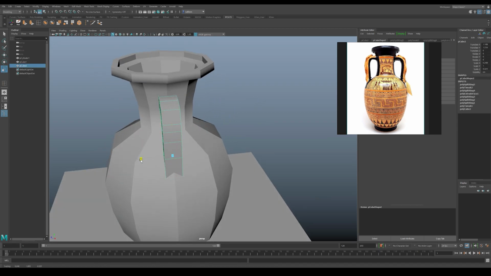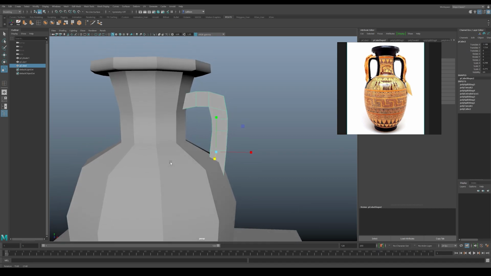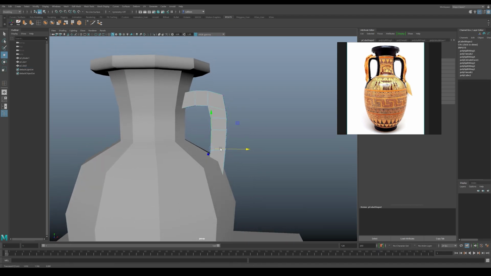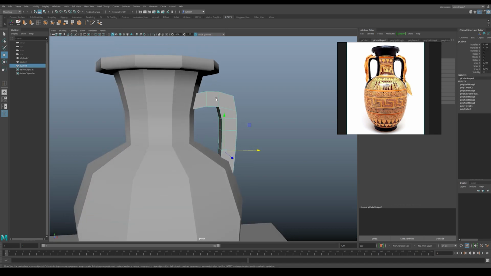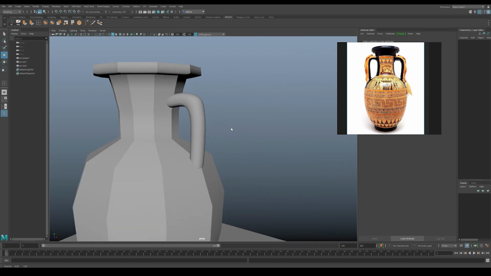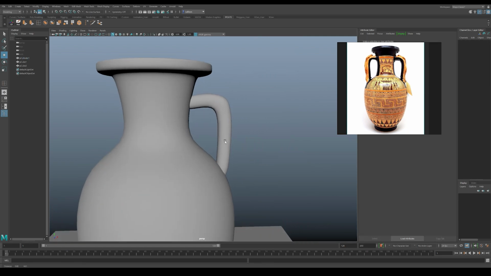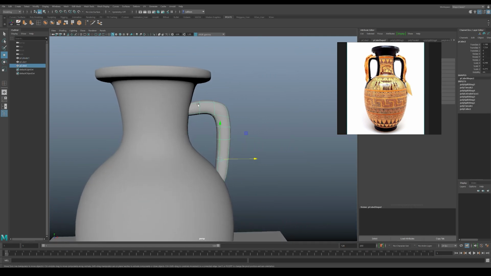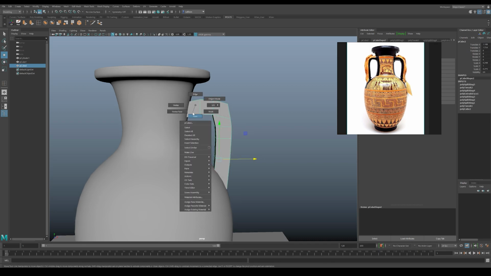I can use the scale blue to make it thicker or thinner on the sides. Probably about there. And that's not great, not terrible. It'll do for now. If we press 3, you can see it's kind of smoothed that out a bit. Let's press 3 on this. Okay, I want to get a bit more definition on this curve. We're going to face mode,